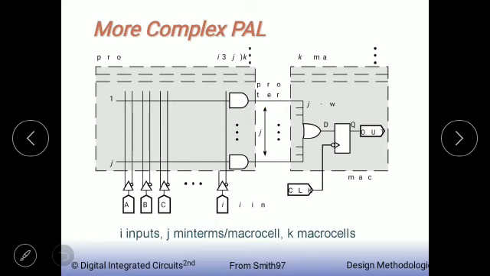Please refer to the textbook PDF which I have forwarded here. The letters in the figure are not clear here. They are trying to show the k macrocells, but that is not getting reflected in this PPT properly.